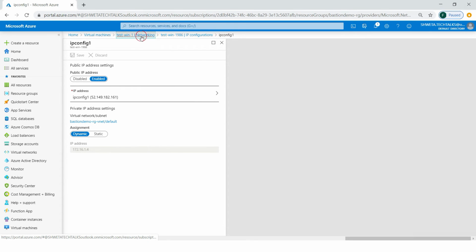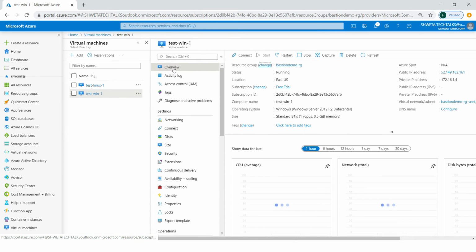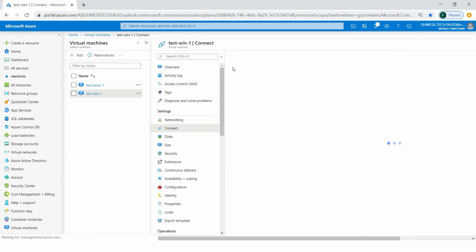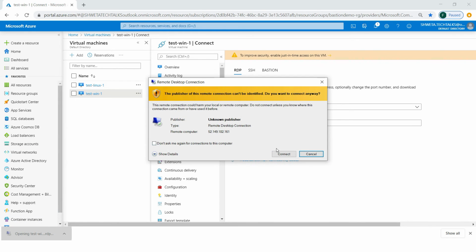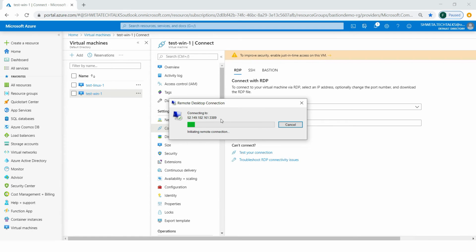So now when I go back to the virtual machine and go to the overview section, I can see that a new public address is assigned to it. Now when I'm connecting it using RDP, it is using the same public IP address for initiating a remote connection. This time, I will be successful in establishing a connection and it will prompt me for the username and password.